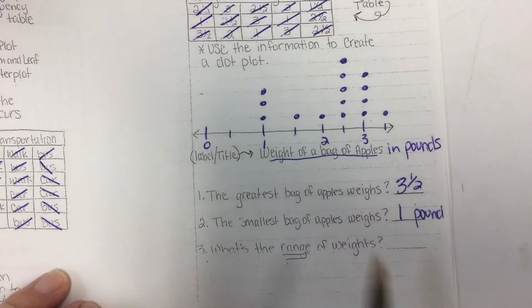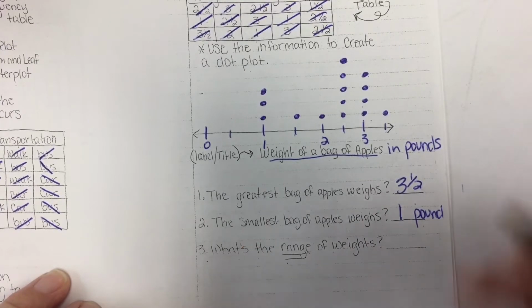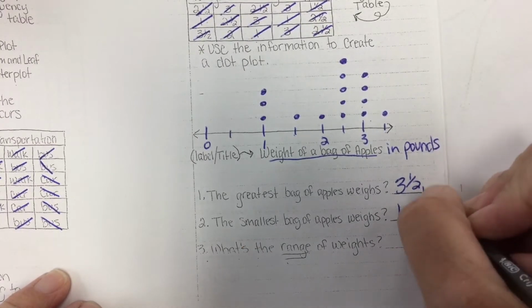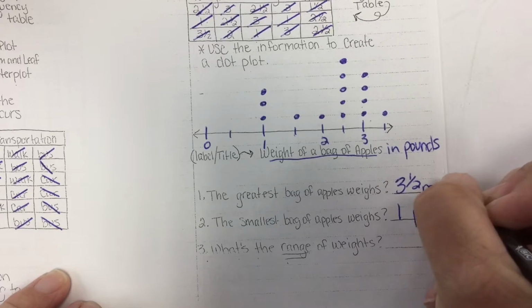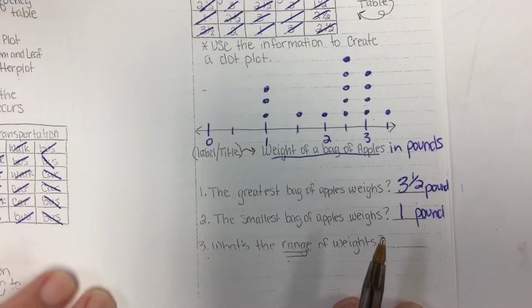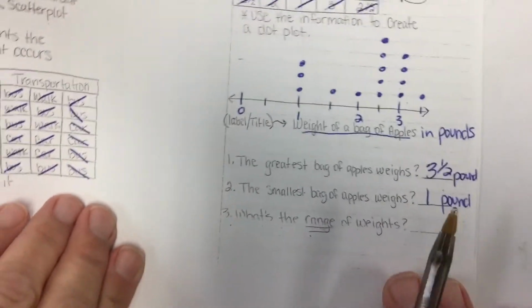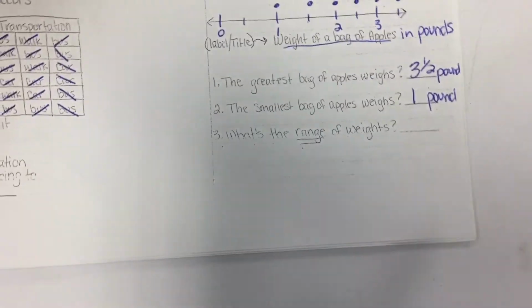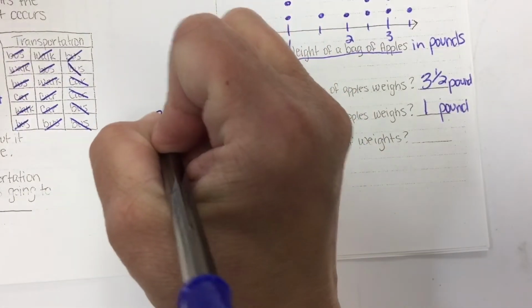There. Weight of a bag of apples in pounds. So the greatest bag of apples weighs 3.5 pounds, and the smallest bag of apples weighs 1 pound. So what's the range? Okay, range is a new word for y'all. I know you talk about it in 4th grade. But range